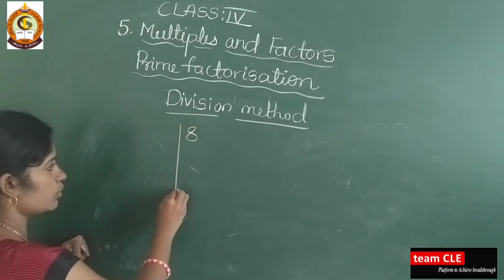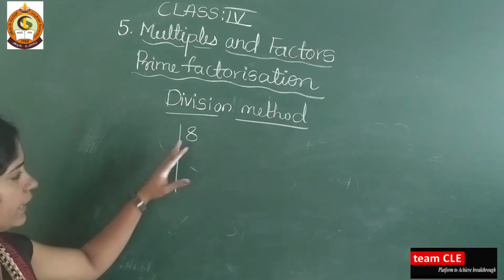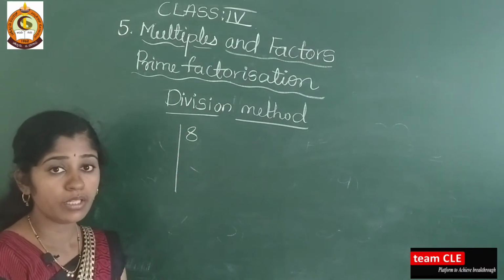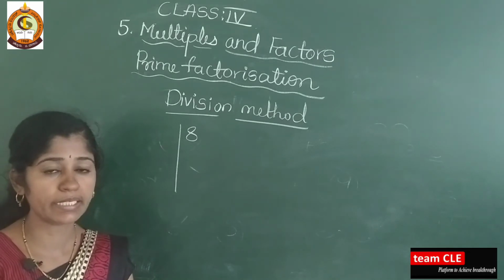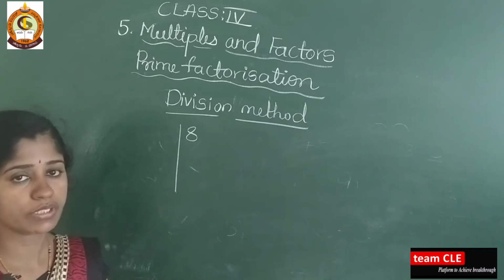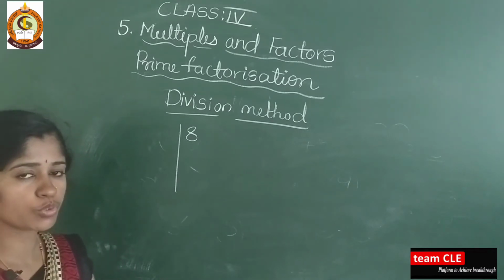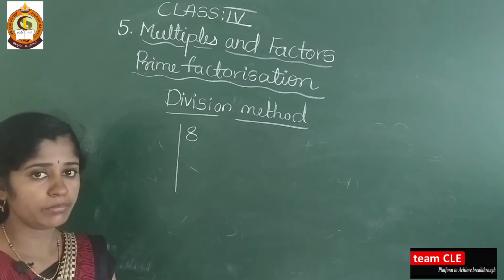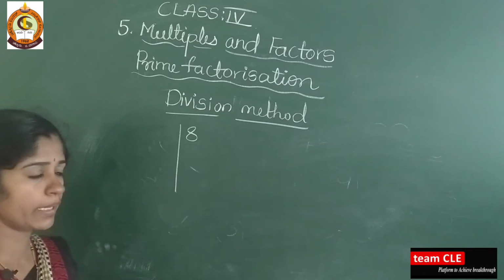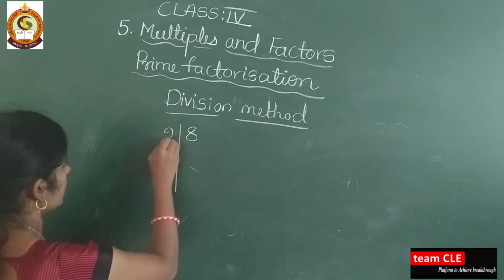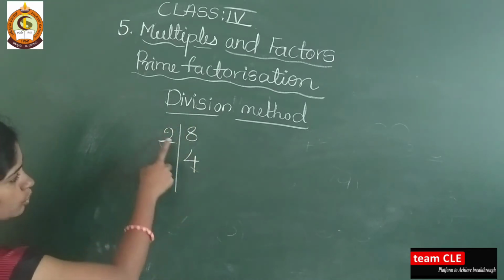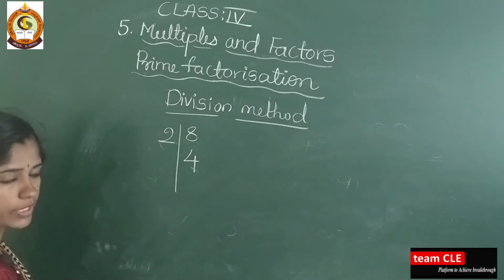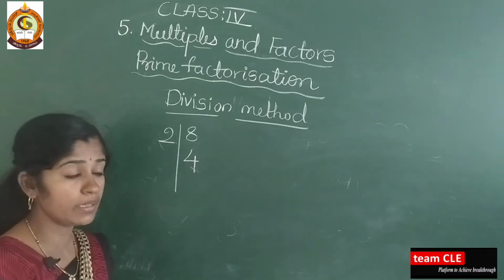Here you have to draw one line. See here, 8 is there. 8 is there in which table? It is there in 4 2s are 8 also, but I can't take 4 directly because 4 is a composite number. So we have to check from prime numbers. Yes, 2 is a prime number, so it is there in the 2 table also. So right here 2 4s are 8. Dear students, this is completely new for you.